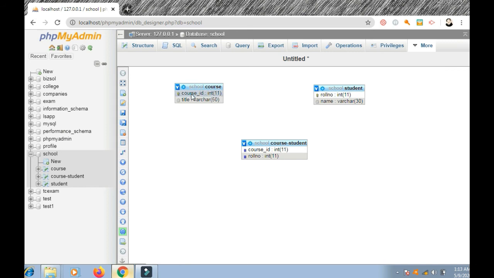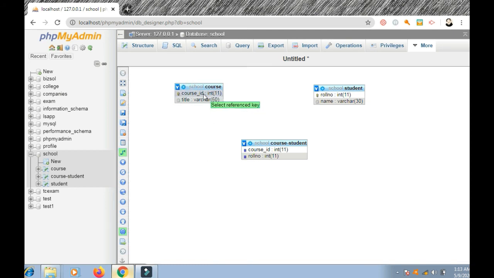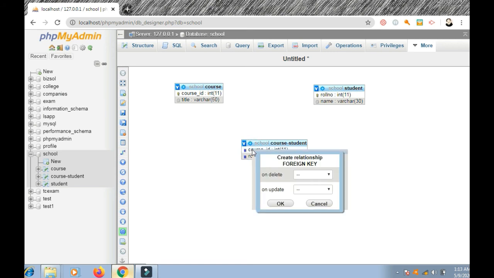Create relationship, and I take course ID. Okay, there is some problem. I take create a relationship, and I take course ID. Then the foreign key is this course ID. Okay.